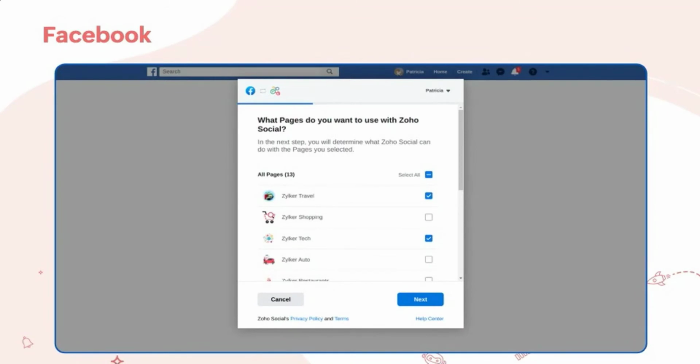SalesIQ's Facebook channel lets you connect, store, and manage the leads and contacts right inside your SalesIQ portal. So, by adding your Facebook page to SalesIQ, followers can initiate conversations using the Facebook Messenger and then connect with your SalesIQ operators. And all chats and media will be stored inside your Facebook Messenger.